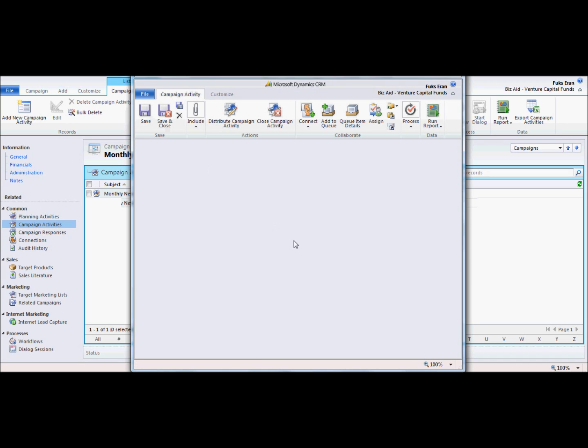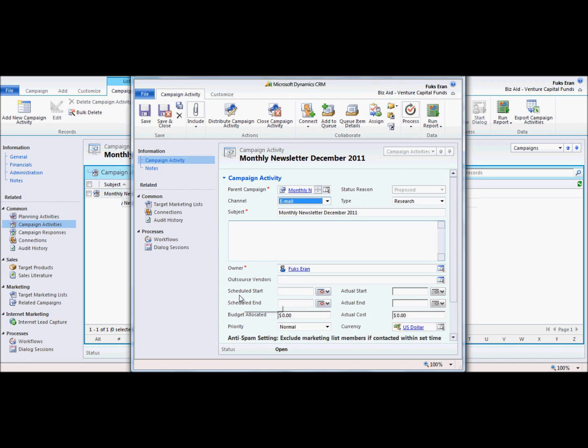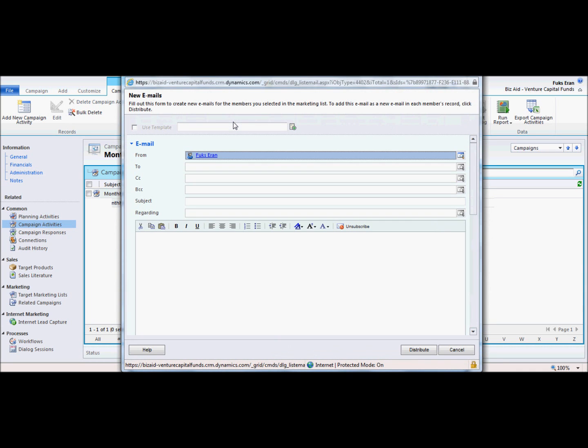And we'll click save. Now I can always schedule the start date for a future date, and then the emails will be sent only when the scheduled start date arrives. But in this case, I don't mind sending them right away, so I will not fill in any scheduled start date. So I will just go to distribute campaign activity,